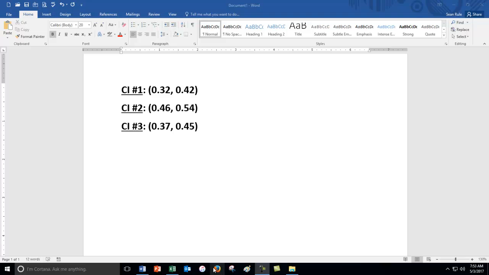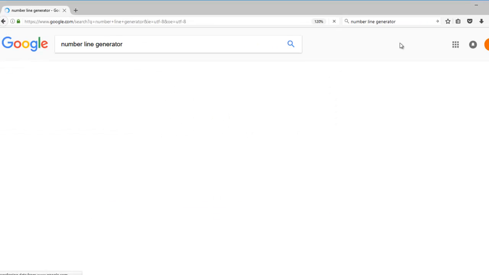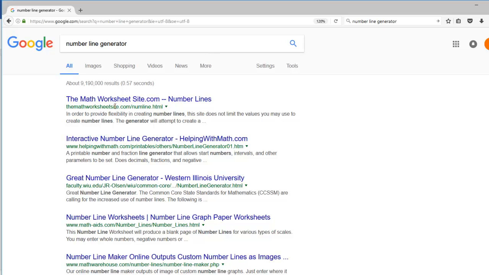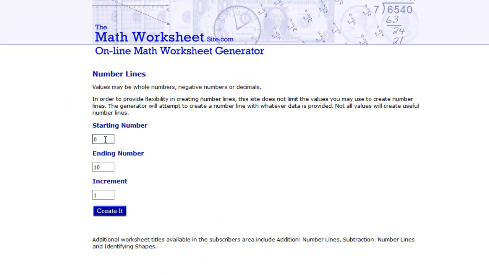I just open up Firefox. Drag that over here. And then just do a Google search for number line generator. And the first hit I usually get, almost always, is this one. This is called the mathworksheetsite.com. Shout out. Click on this bad boy, and what it tells you is it says give you a starting number